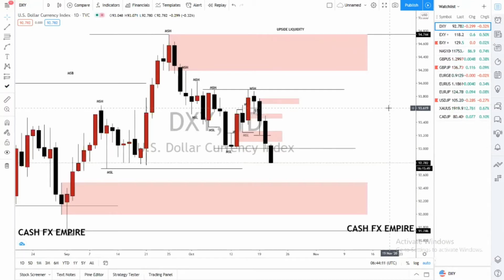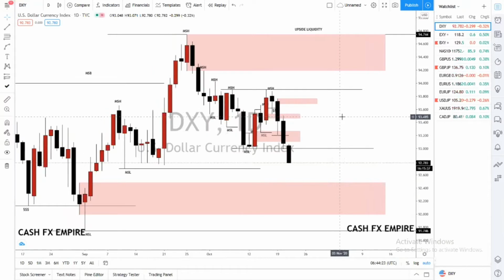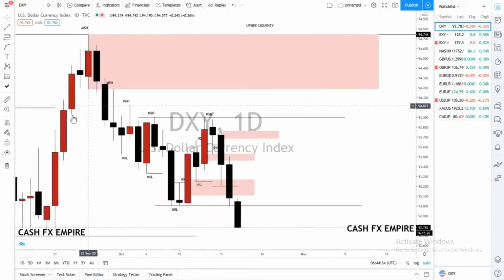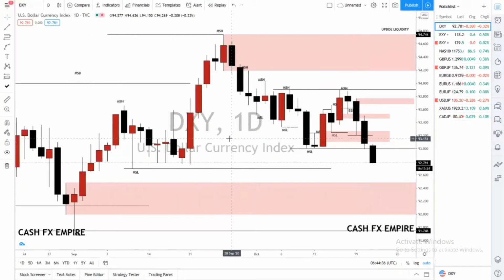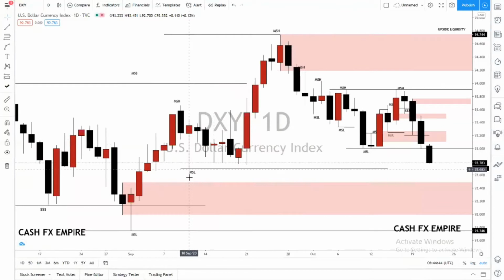Here in Zambia, this is around 8:44 a.m., and we're already trying to peruse through and see what we can likely trade for today. Just to recap what has been happening from yesterday and what I've been posting on my channel: I've been looking at the DXY today, and it looks like it has lost a lot of momentum. My previous market structure low here has been violated, and I'm looking forward to seeing what happens when it comes to this market structure low here.